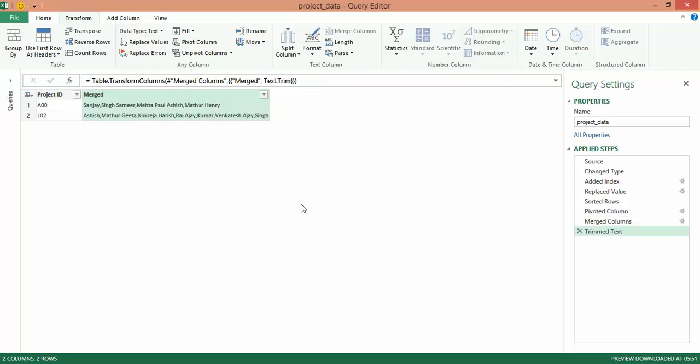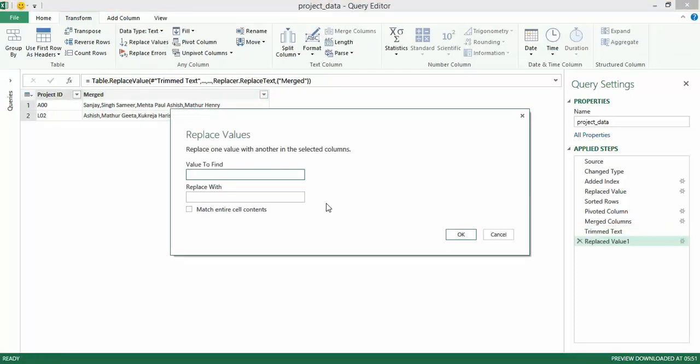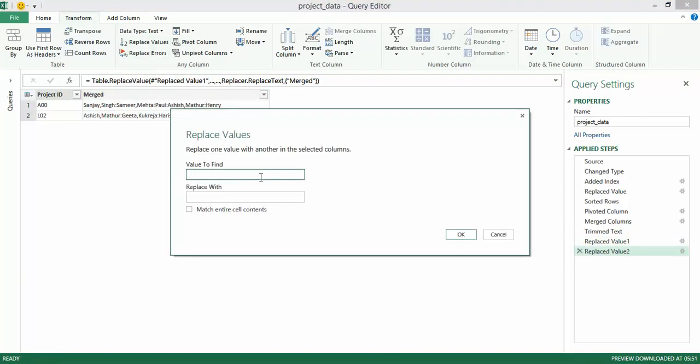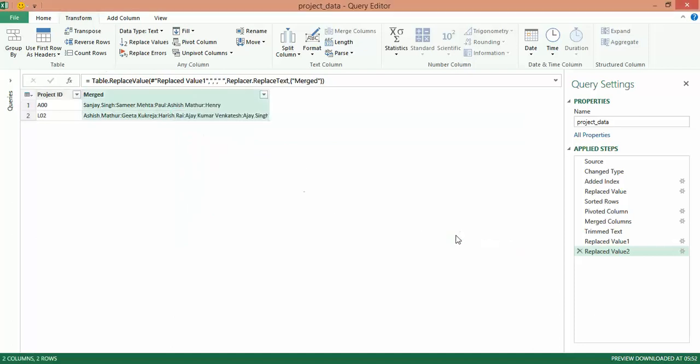Okay, once I've got it till here, I need to replace values wherein I want to find for a space, replace with a colon. I click on OK. I once again want to replace values over there where I find for a comma, replace with a space. I click on OK.